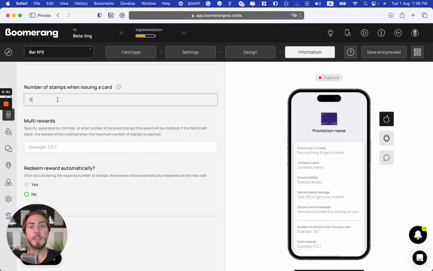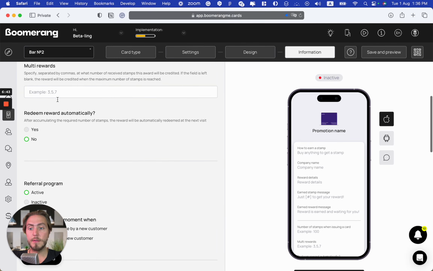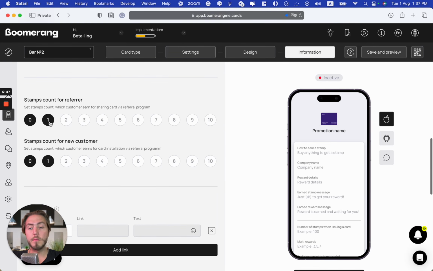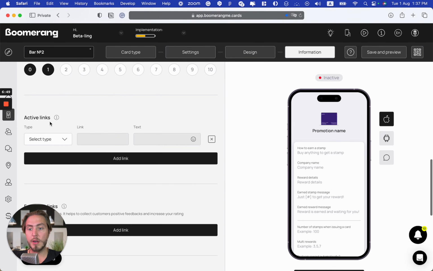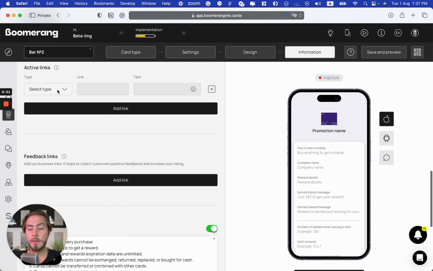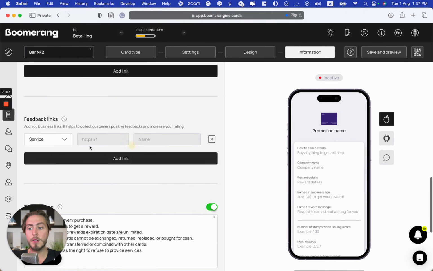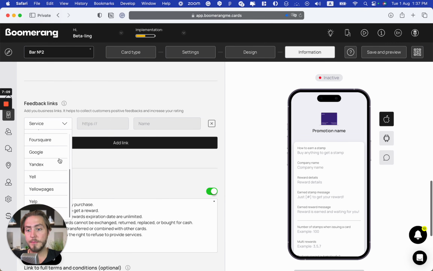Initial number of stamps after card installation. Referral program rules, referral program rewards for your customers, active links that you can place: your website, social media links or other links that you want to provide here. For example, it can be an appointment service that you use for booking appointments in your business, for example, welcome, and feedback links.